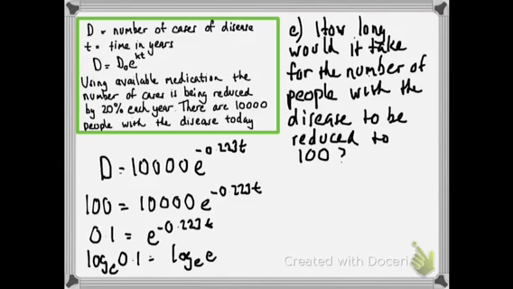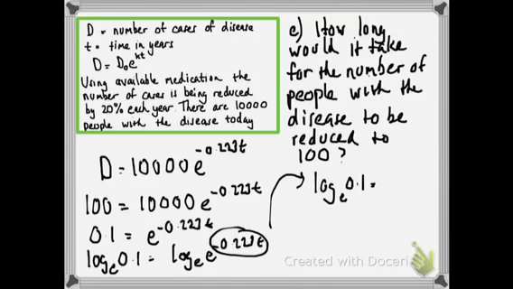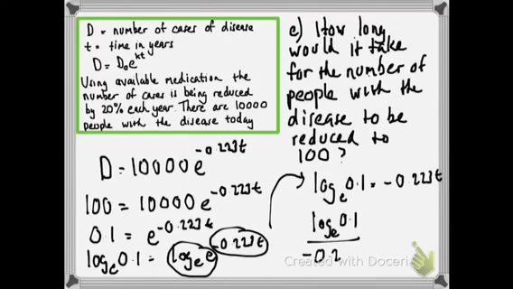So logging both sides. Go up here, and then I mentioned how you can get that on the left hand side, and you can bring this one out the front, okay, and multiply it by log e to the base e, which is 1. So you effectively get, when you do that, negative 0.223t. Then you get t by itself. You divide the left hand side by the coefficient there, which is negative 0.223,